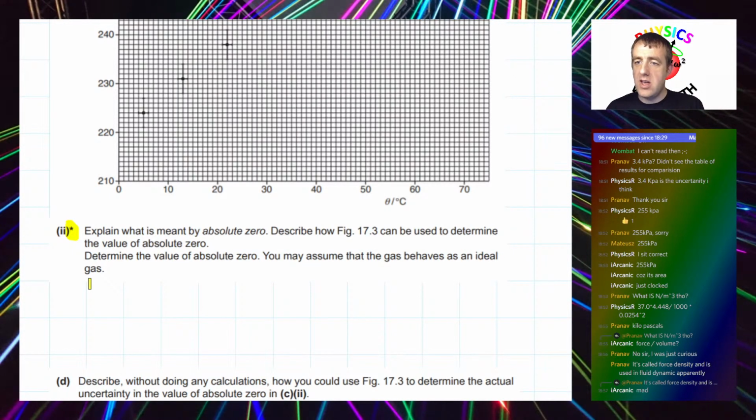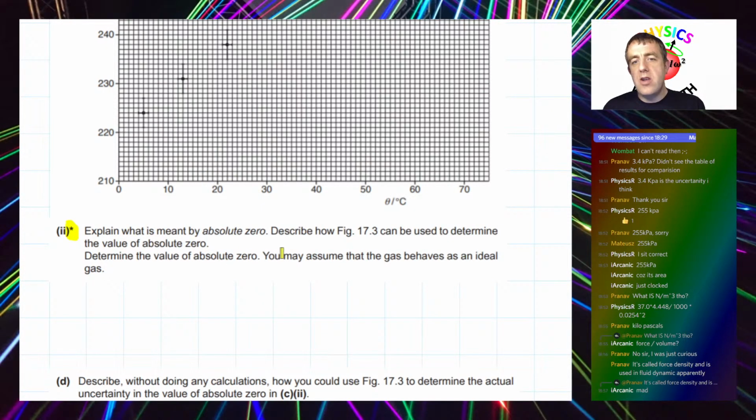Ah, there we are. Thank you, Pranav. I've learnt something. Not all exam boards do this star thing to give you that indication, though. So just bear that in mind. This is OCR. They do. I know, for example, AQA doesn't. You just have to guess which ones are level assessed. Usually they're 6 marks, but not always.